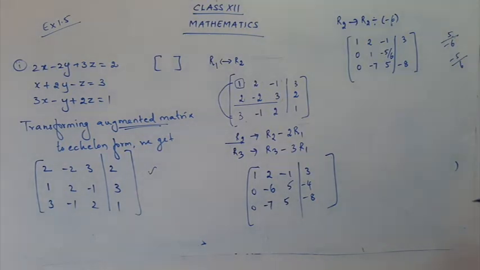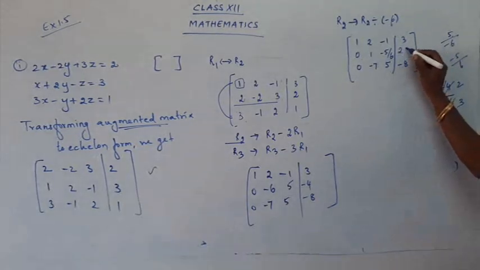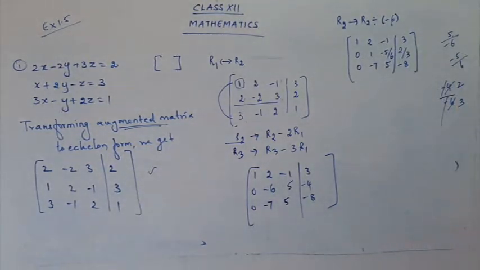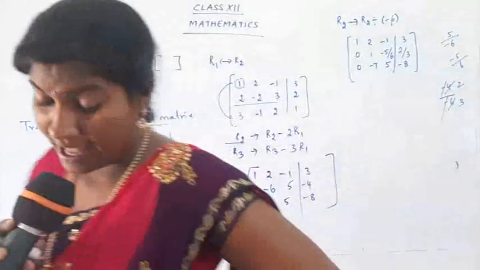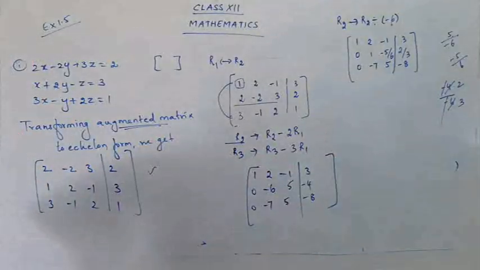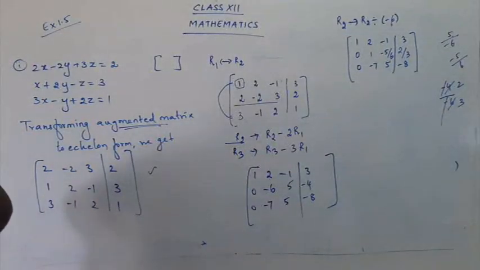Okay, now coming to the element minus 4. Again you are going to divide by minus 6. So minus 4 upon minus 6. Minus minus gets cancelled. 2 2s are 2, 3 2s are 6. So what's left here? 2 upon 3. So we have changed the row 2 conversion. So what is the new row 2? 0, 1, minus 5 by 6 and 2 by 3. So the first thing is done, yes. Now what is the next thing?